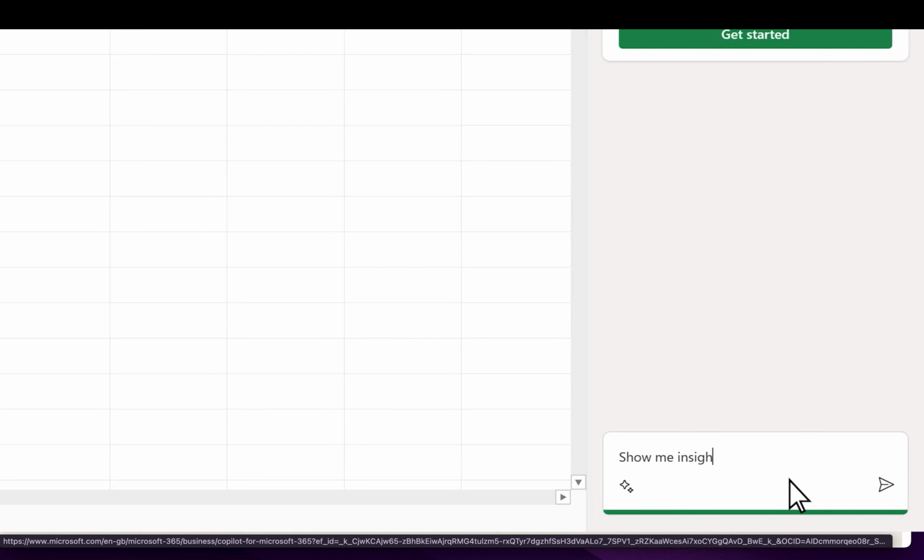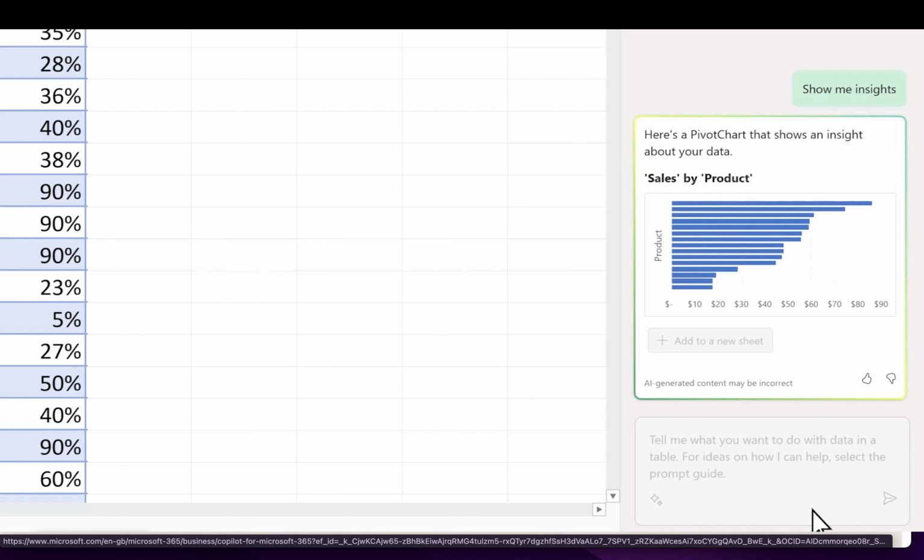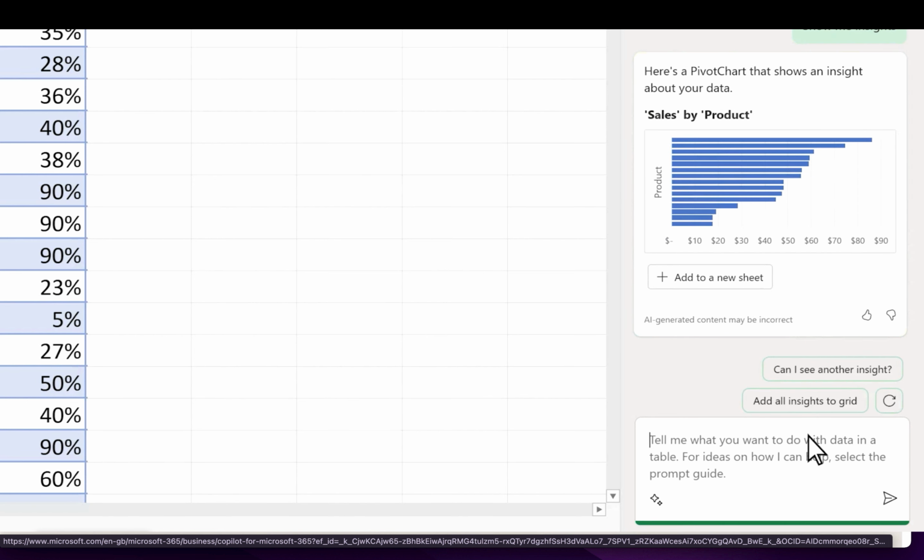Let's start with Microsoft 365 Copilot. Once you have a Copilot license in Microsoft 365 and it is enabled in your environment, you will have access to Copilot in each of your Microsoft 365 apps, including Teams, Outlook, Word, PowerPoint, Excel, OneNote, Loop, and Whiteboard.